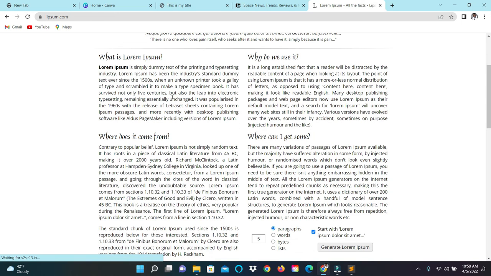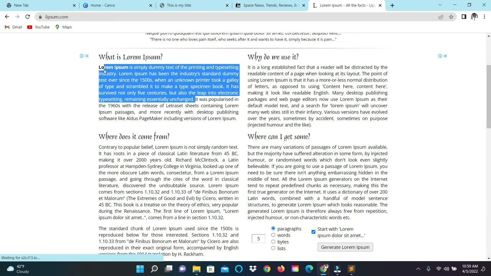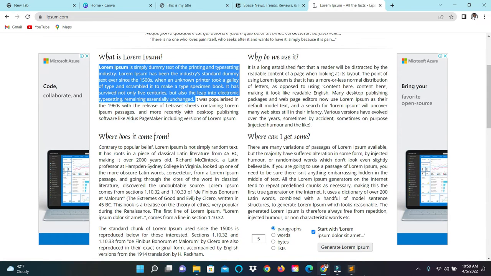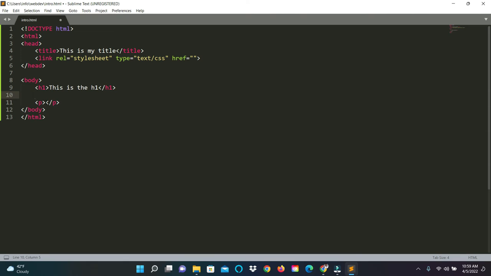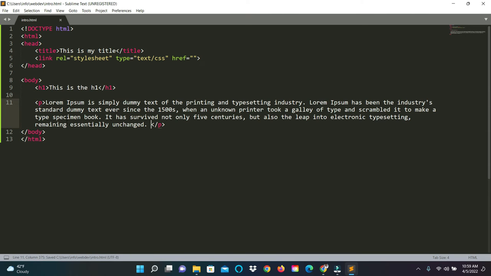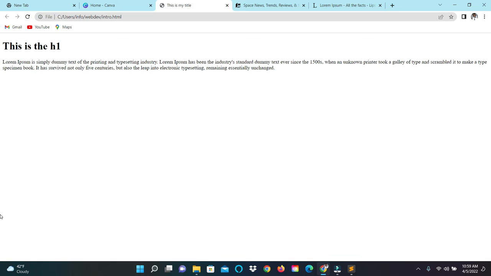Okay, I'm going to copy some paragraph right here and go back to my text editor, paste that inside my paragraph tag, go back to my page right here in the browser, refresh, and tada. Well, we have two